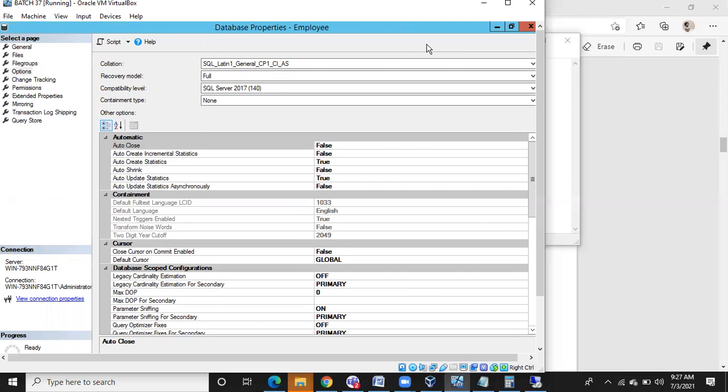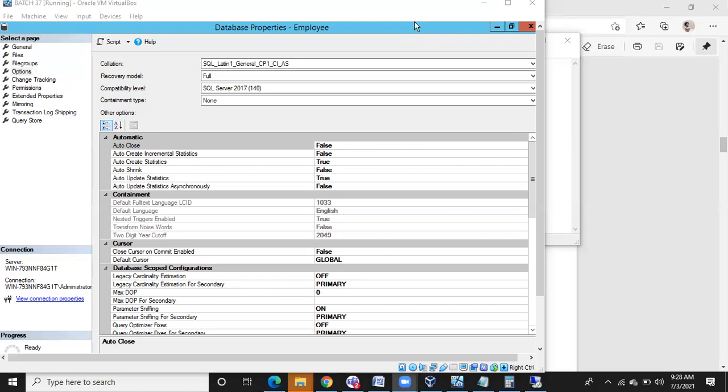In tomorrow's class, we'll discuss the other recovery models, and then we'll start the restore process, how to restore a database. If we complete the restores tomorrow, next weekend we are going to start automation: how to automate the backups and restores, and creating alerts. If something is not working properly, if there is an error or something is down, I want to get an email alert. We'll discuss that next weekend probably.